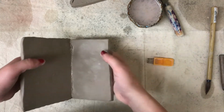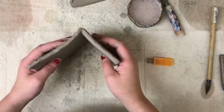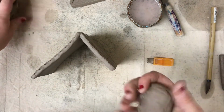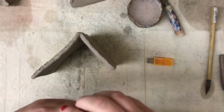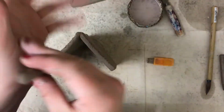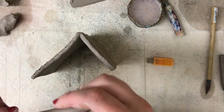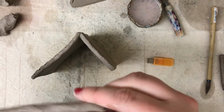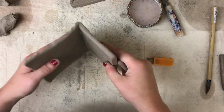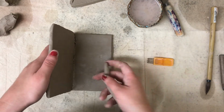And one thing that I want to do is to create a coil. And again, these slabs are a little bit too soft, but that's okay. Normally I would let them set up, but for these purposes, I just want to show you guys what I'm talking about. So that's our seam. For right now,